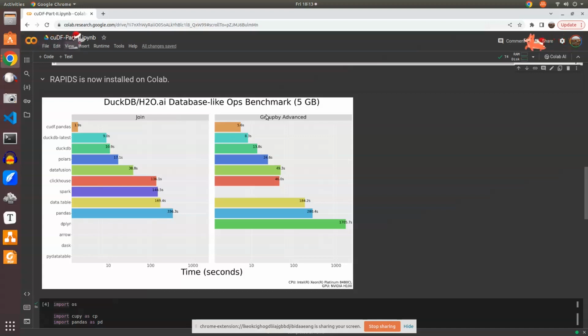Similarly, there is a group by advanced operation which takes around 6 seconds in CuDF and 1700 plus seconds on DPLYR, which is another library, I guess. In Pandas, it takes around 280 seconds, which is a vast difference in time. This is on a 5 GB data set. As the data set increases, these differences will grow exponentially. With that in mind, we'll move forward to understanding how to perform multi-index and missing data on